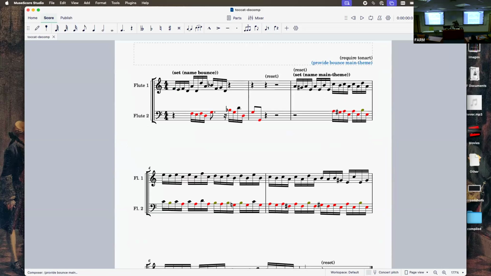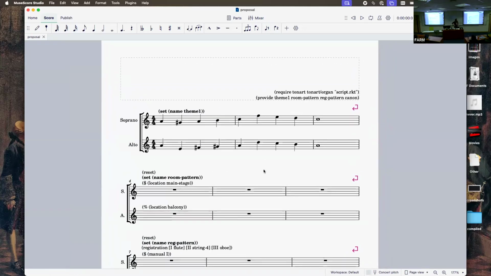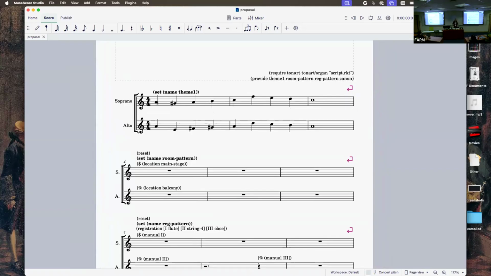So that's cool. I have one more quick score for you. This is just kind of out of obligation. This is the source that I presented in the demo proposal that I submitted to be able to give this talk. I felt obligated to show it to you. It does actually run. It was not a spook. And the two we want to look at here are the theme one, which is